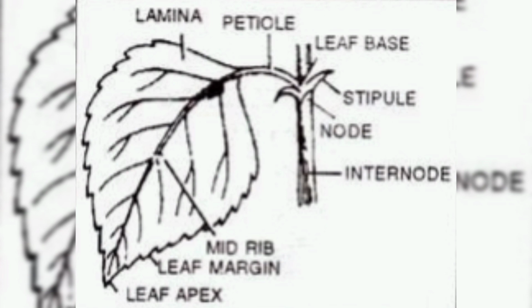Another important part of the leaf is lamina. The lamina is also called the leaf blade. It is a green expanded part of the leaf with the veins and veinlets. There is a middle prominent vein which is known as midrib. Veins provide rigidity to the leaf blade and act as channels for the transport of water, minerals and food